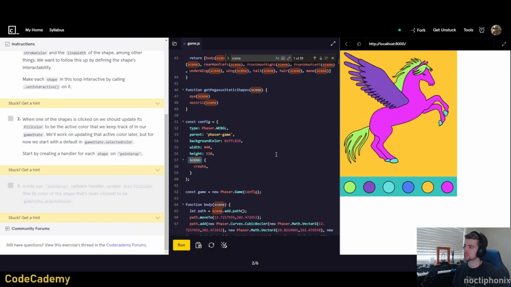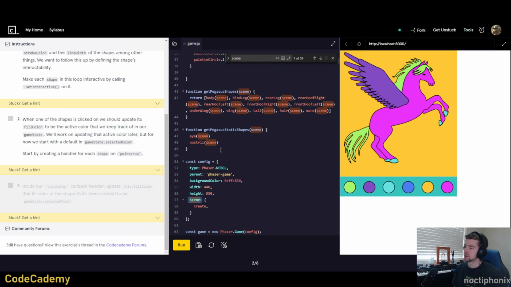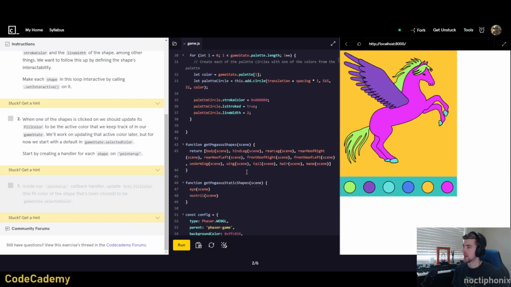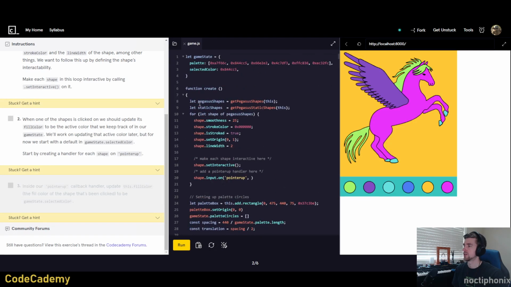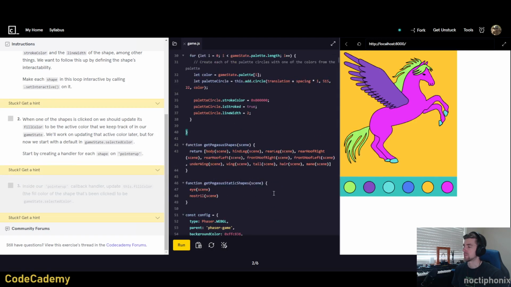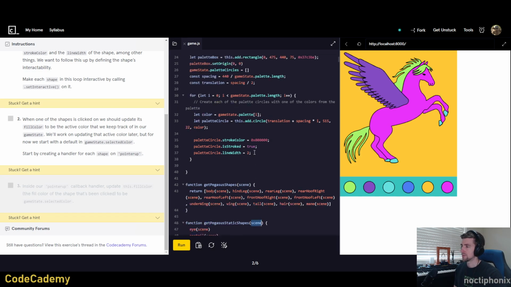I suppose that's interesting because, okay, I understand the control flow now. So the scene is set up through the config object, and then that becomes a property that can be accessed in the create function. And you don't have to type in config.scene. The layer that you're in is the config, so then you can access the scene that way. But anyway,